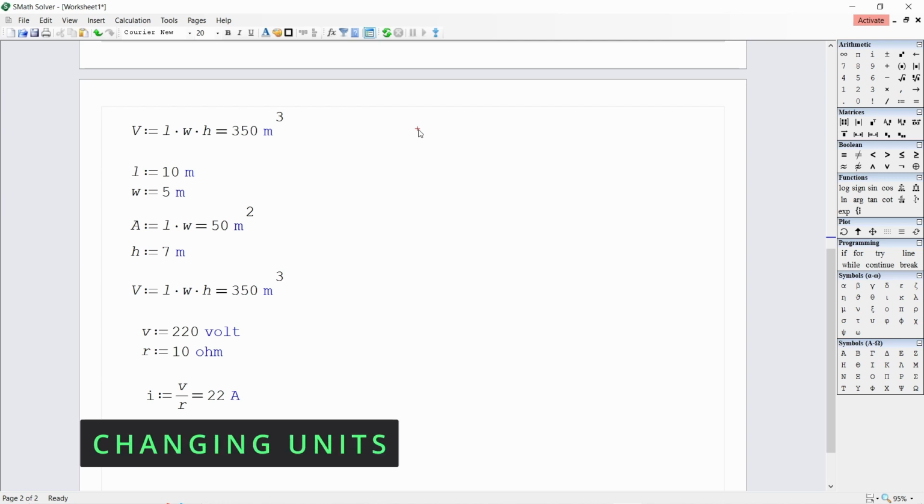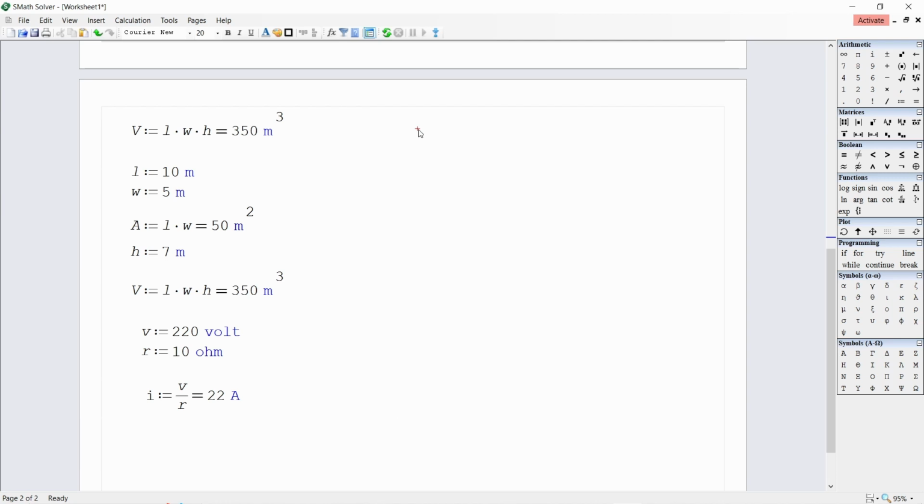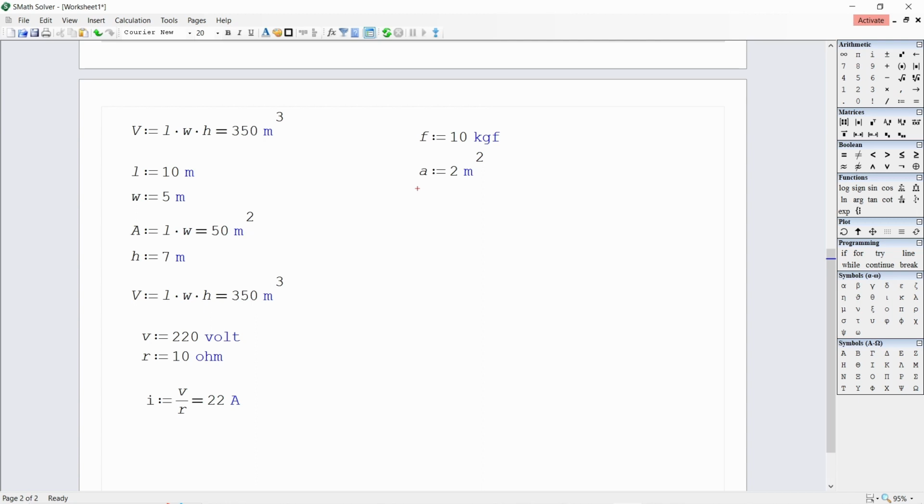After a calculation, you may also convert the result by changing the unit. For example, if we have force F equals 10 apostrophe, say, kilogram force, and then if we have an area of A equals, let's say, 2 square meters, and then the pressure will be P equals force divided by area, which is equivalent to 49.03 pascals.